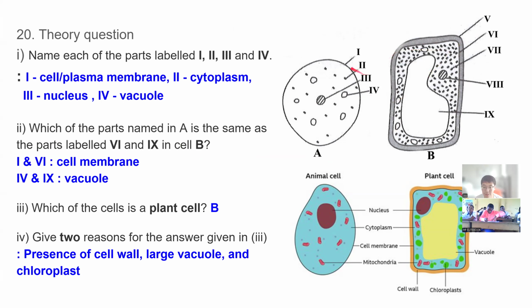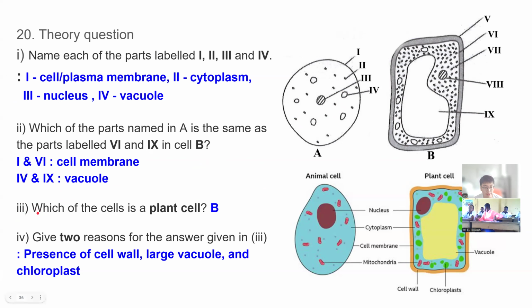So you can match it with 1 in cell A. So 1 and 6 will be the cell membrane. And 9 will be this large open space, and that is the vacuole. So we can match it with 4 over here. 4 and 9 are both vacuoles. And 3,